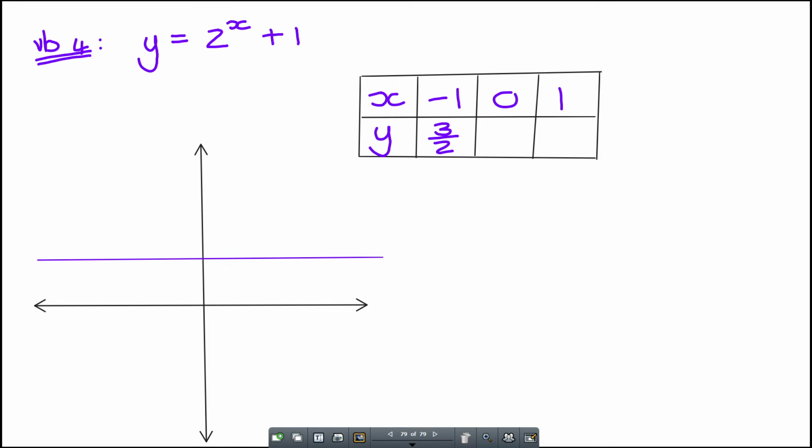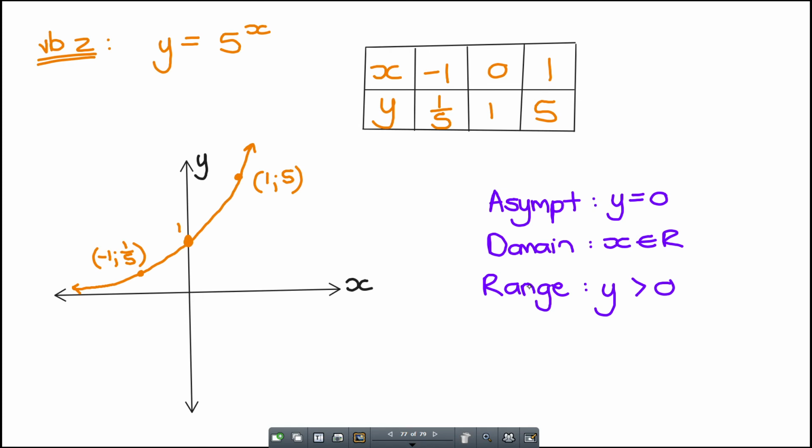If x is 0, it can now not be 1 anymore, because it moved 1 up. 2 to the power 0 gives me 1, but plus 1 gives me 2. Okay. So if x is 1, 2 to the power of 1 gives me 2 plus 1, so that will be 3. Okay. So kyk gou net vir my na jou x-waardes wat jy hier het teenoor die x-waardes by